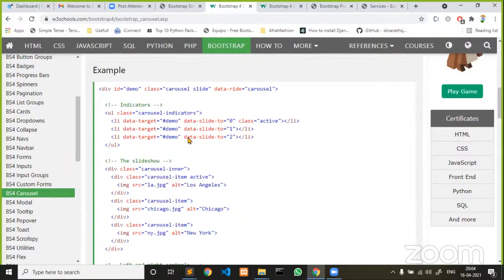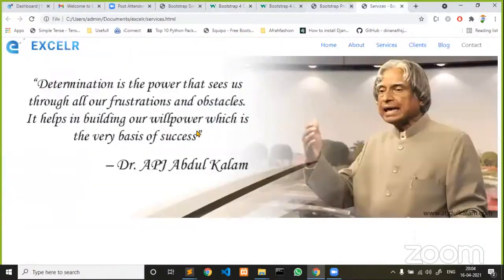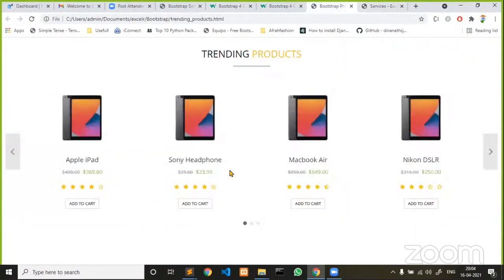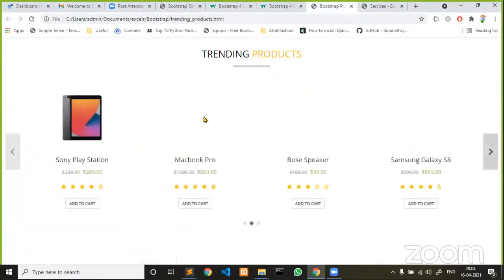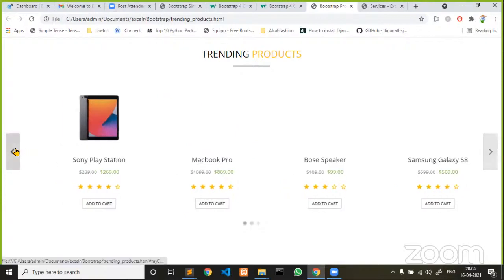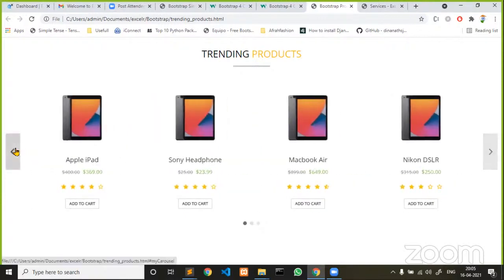Now this is a general example which was given by Bootstrap, and I have converted these general examples according to my project requirements. You see here, since there is a path issue in the image, now add to cart, this is a functionality again. That's okay. Now this is how we can make use of the Bootstrap documentation to build our own products.